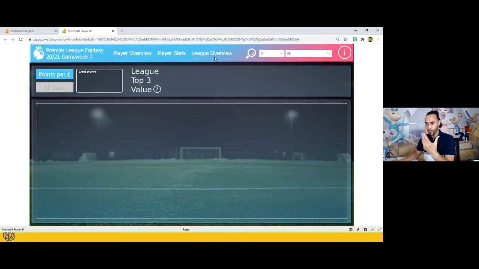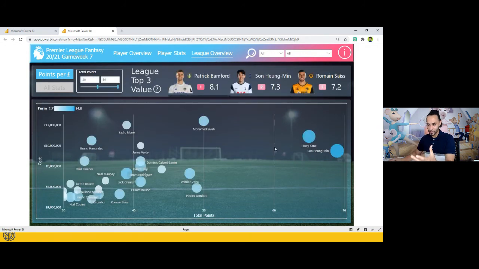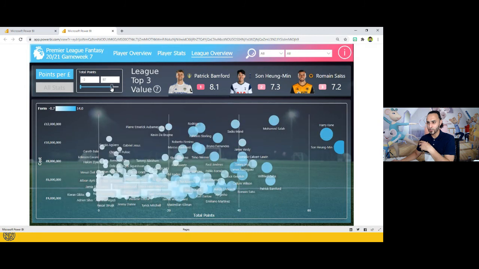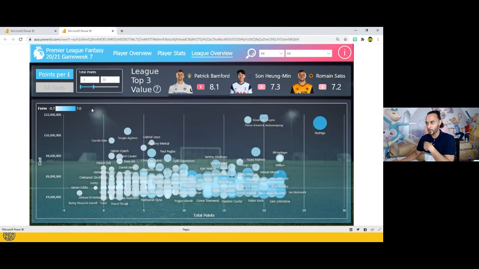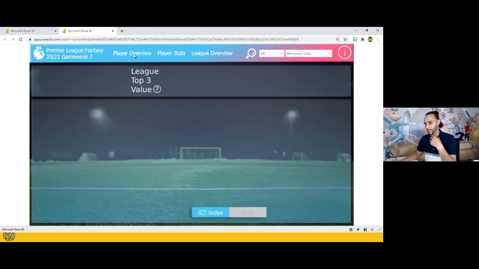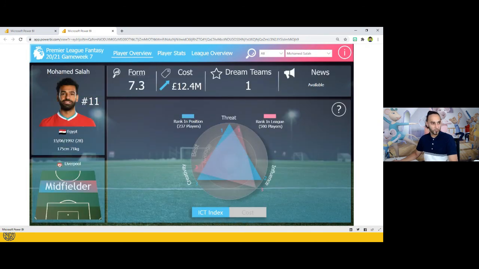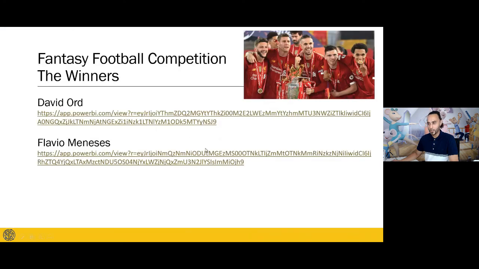Excellent. And we've also got a league overview view here, which I really like as well. How he's utilised a scatter graph here, and then be able to look at players who haven't got many points. So total points is quite small, but then we can use that to look at these outliers over here in the corner in terms of value and form. So really impressed with how this is put together, and the visuals, the pictures, all just add to that, and definitely a report that I'll be using in changing some of my players in the coming weeks. So well done, Flavio. You are number 2 on our list.